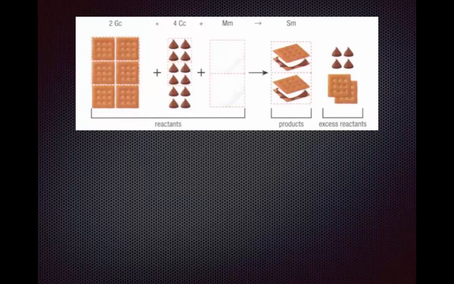However, I can only make 2 s'mores because I only have 2 marshmallows. So if you notice for your product, you can only make 2 s'mores. Notice your marshmallows are completely used up, and now what's left over are your chocolate chips and your graham crackers. So in this problem, your limiting reactant is your marshmallows because it limits how much of your product you can make. I can only make 2 s'mores instead of being able to make 3 s'mores